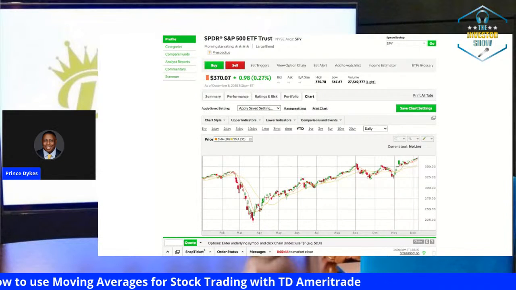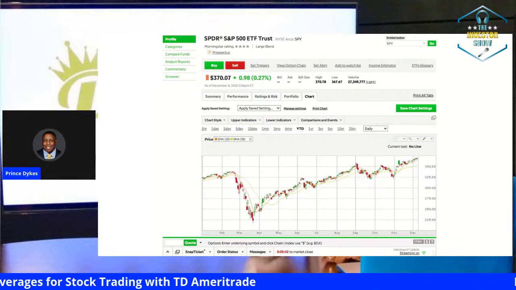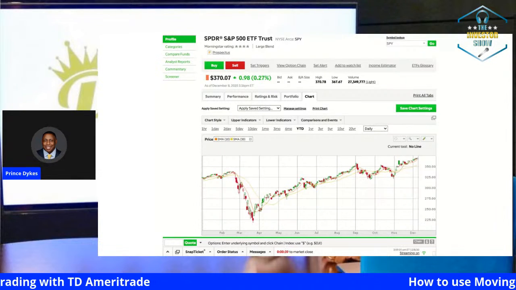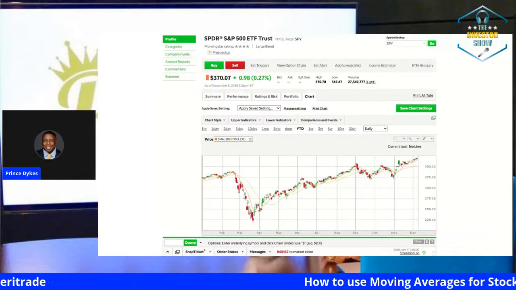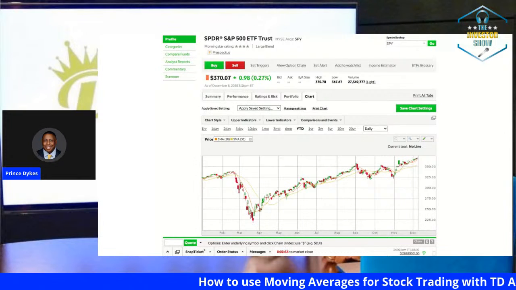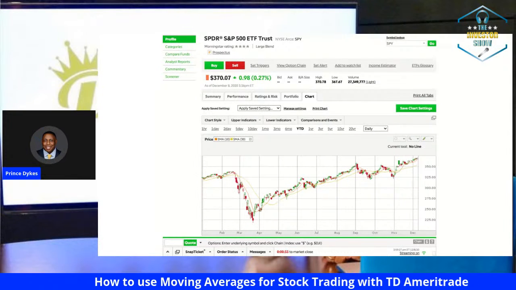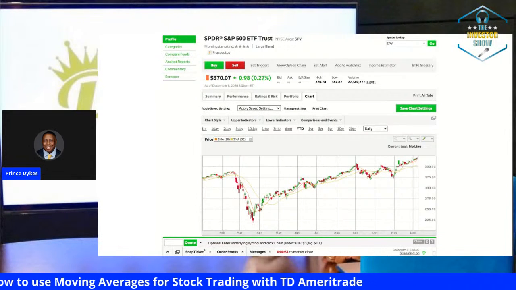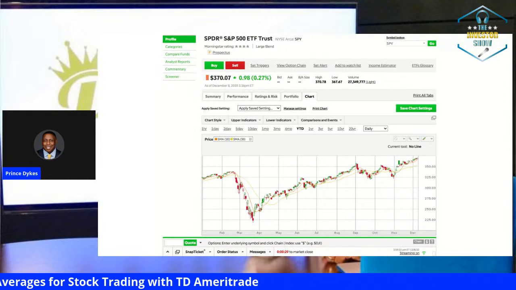I want to show you this technical data that you can utilize via TD Ameritrade, utilizing moving averages. This is technical data. Moving averages are used to find trends. Are we in a bull market? Are we in a bear market? Are we in a sideways market? And once you have that fundamental data,